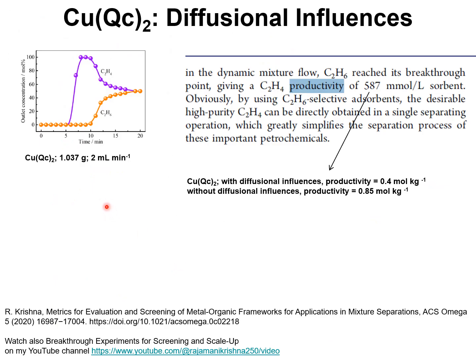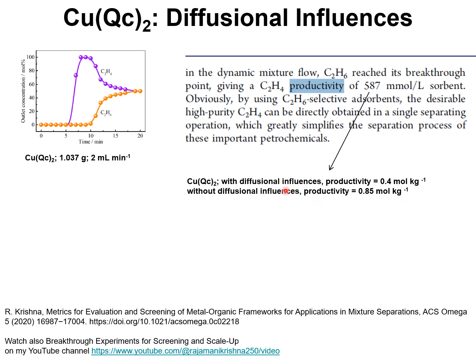Depending on the pore size and topology, the breakthrough experiments may be strongly influenced by intracrystalline diffusion of the gas molecules. I show here an example of the breakthrough for copper QC2, where the experimental data results in a productivity of purified C2H4 of 0.4 moles per kilogram